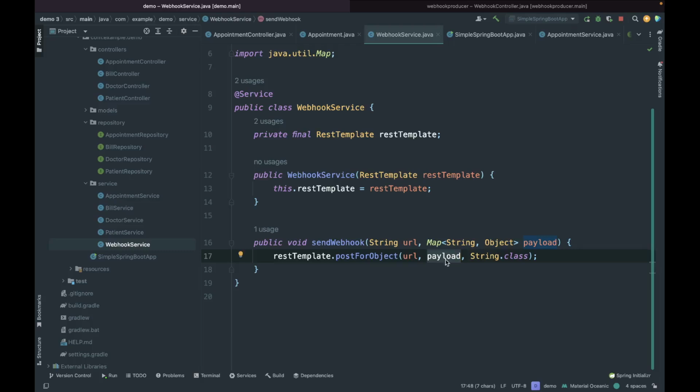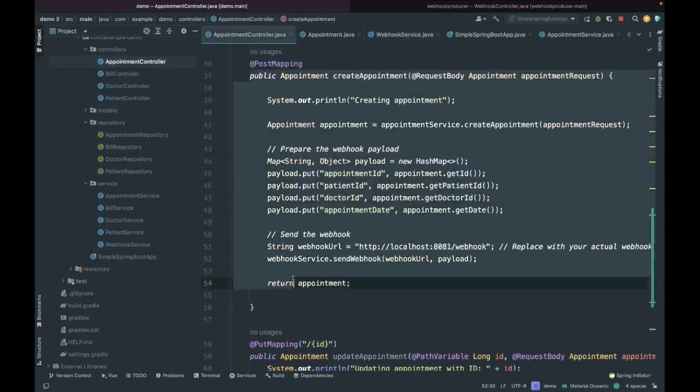Simple as that. Okay, so to actually integrate webhooks into your project, it's very simple, right? For example, you are managing a service which has to send the webhook. Very simple, just set up the webhook service, simple as that. And wherever you need to do changes, you can do that for that particular use case, right?